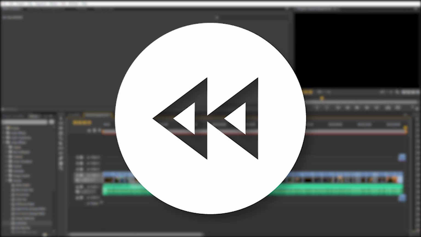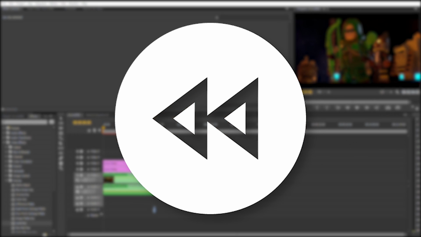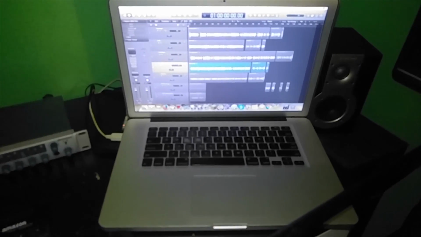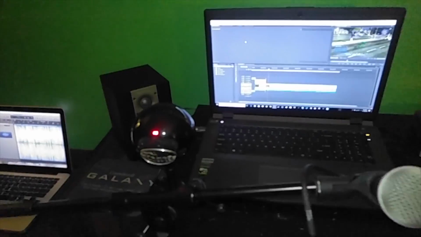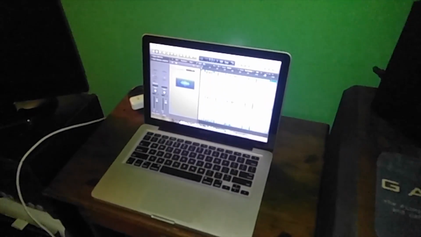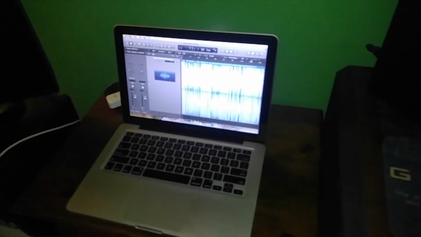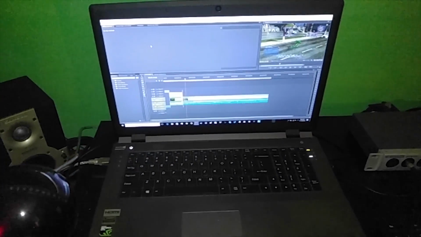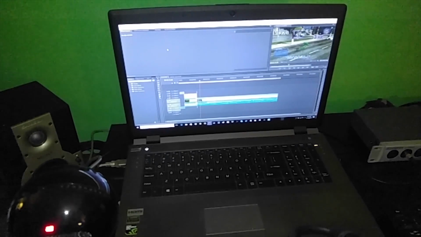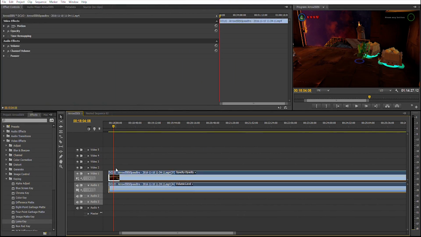So backtracking a little bit, we're just going to show you how it all pretty much starts and comes together. Once we get the audio recorded, we transfer it from one computer to the other. Actually, we go between two to three computers when we edit these videos. It's different purposes, I guess. When we put it onto this laptop here, our gaming rig, so to say, thanks Kenny for hooking us up, it goes right into Adobe Premiere, and then Jeremy starts cutting up all the video that he's recorded